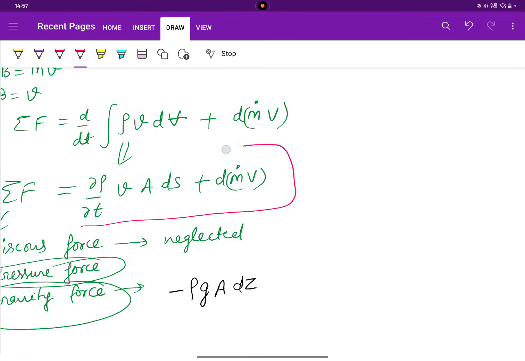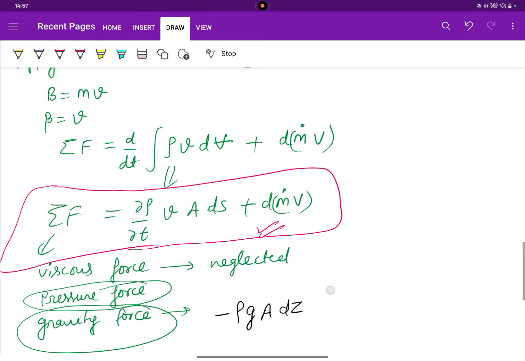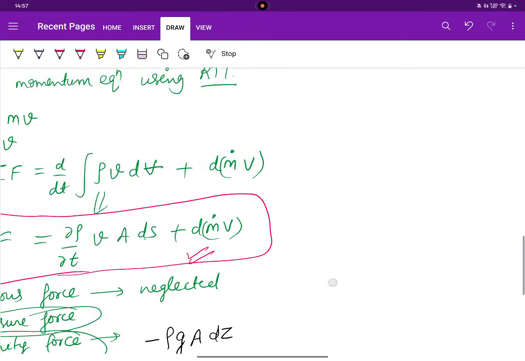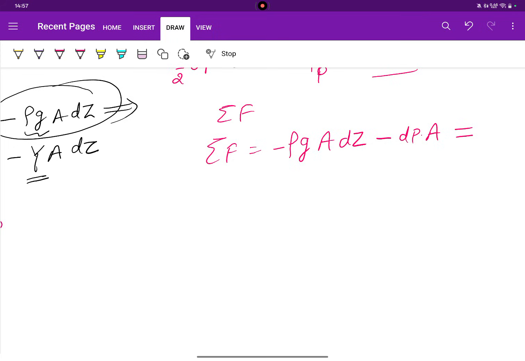This term. I'm just using that equation, right? You can come back and take a look at it later. So when you equate both of them, what will you get? Let me write it down here: minus rho g A dz minus dP A is equal to